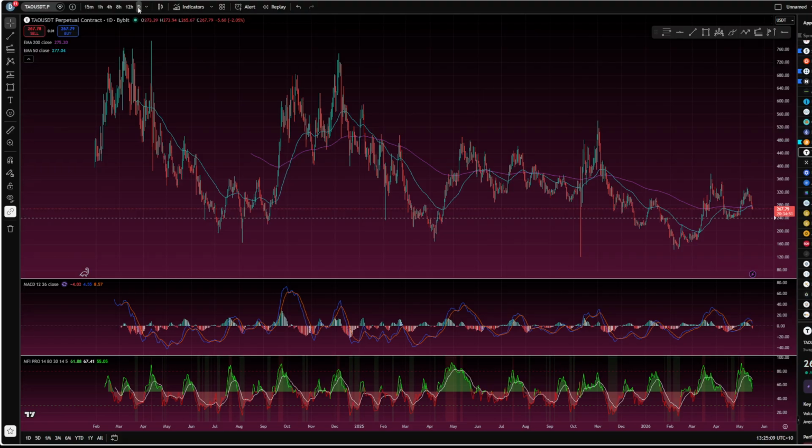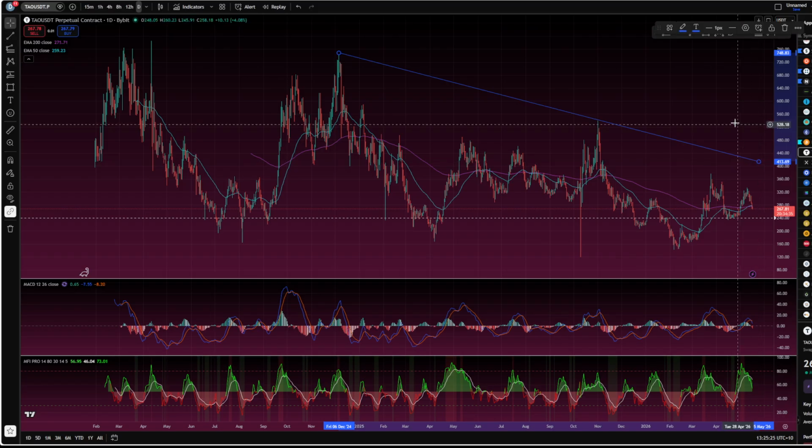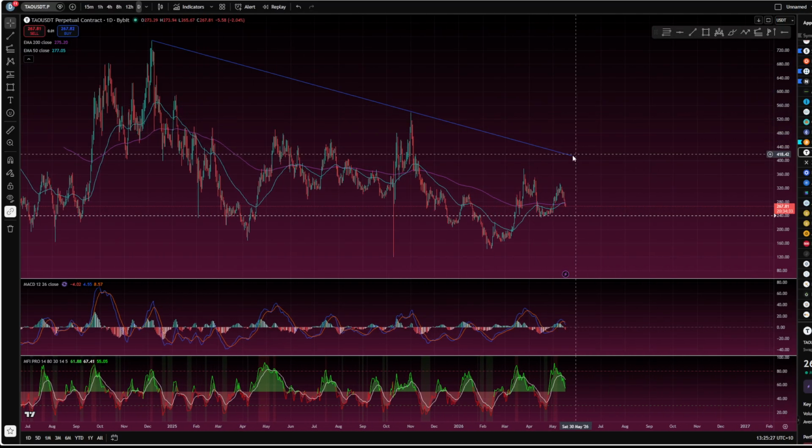We're on the daily time frame on TAO. Simple trend lines, and not too complicated. Basically, we're looking at whatever has the most points of contact. It's probably a good idea on the larger time frames to even include these wicks. So I'll do one there,